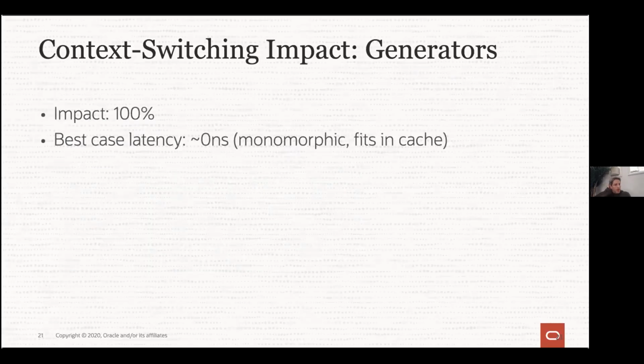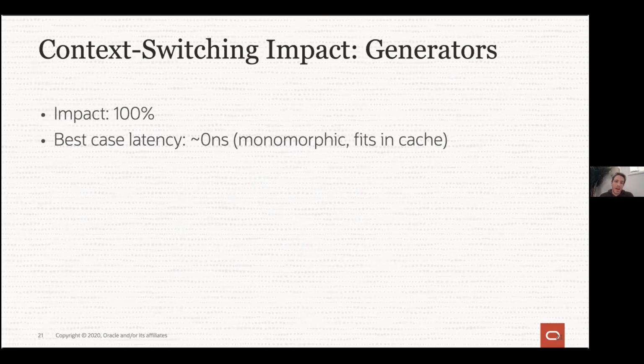So I mentioned before that using dynamic stacks might affect the efficiency of context switching, although the magnitude of the effect depends on the particular language, and in Java, it's small. But suppose we're talking about a language where it's large, maybe C++. Let's try to understand the total impact of context switching on the generator use case.